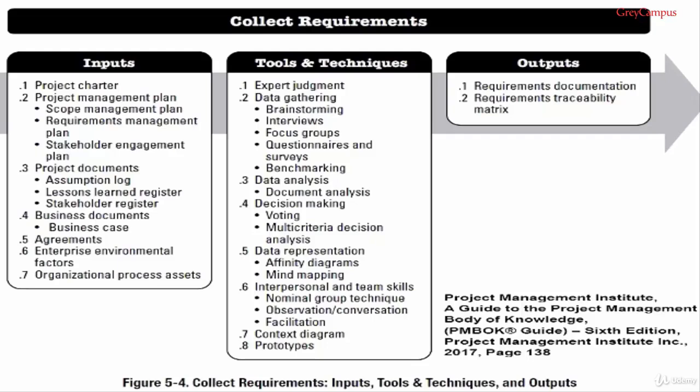meeting the business needs. Input number 4 is called agreements. If you look in section 12.2.3.2 on page 489 of the PMBOK guide, the sort of agreements we're looking for are contracts and similar. And the reason we're interested in contracts, if they exist, is because they will include information about the major deliverables from the project. The last two inputs are common to most processes in the PMBOK guide: the enterprise environmental factors